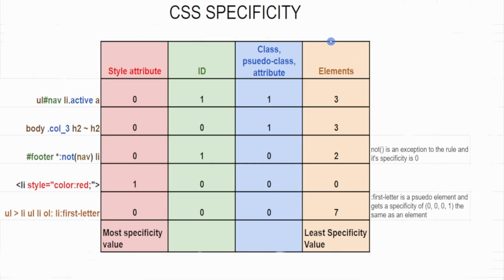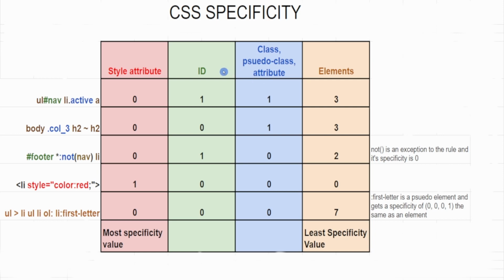Here is a diagram showing CSS specificity. In this table you have 4 columns. The leftmost column has the highest specificity and it is coloured red. The next column is the ID column. This is coloured green and it has less specificity than the style attribute, but more specificity than the class and